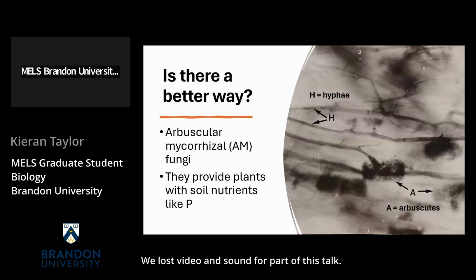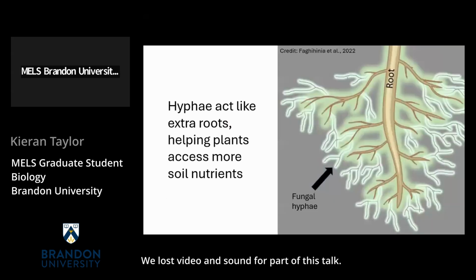The reason they do this for plants is that when they colonize the roots of plants, they can provide plants with extra soil nutrients like phosphorus. As you can kind of see in this diagram here, the hyphae of the fungi